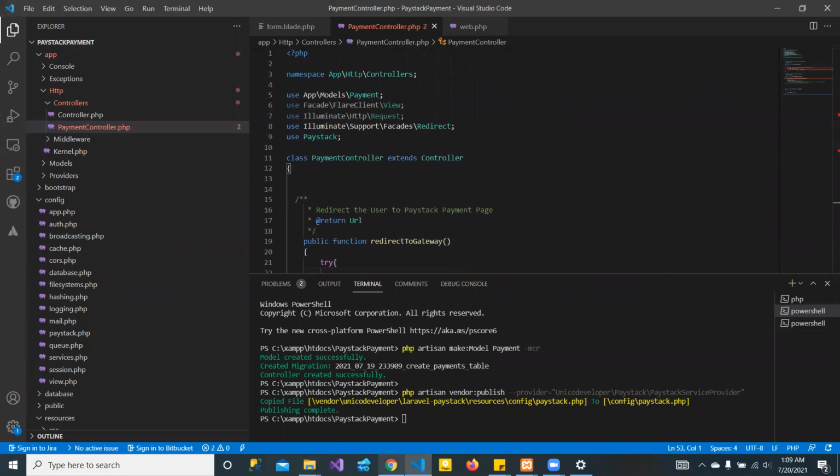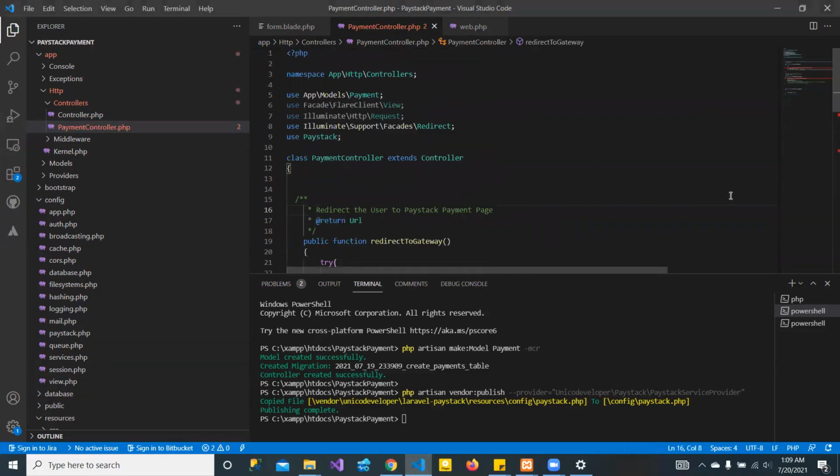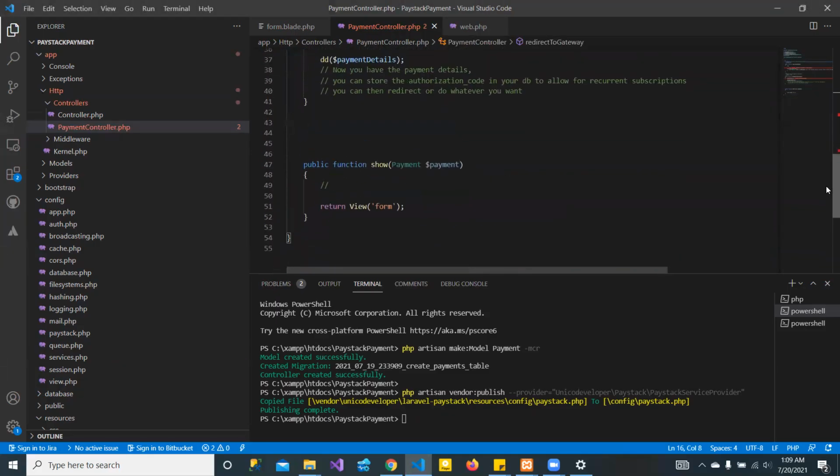I still don't get where the error is coming from. So all I have to do is to copy this and probably place directly, use it to replace my